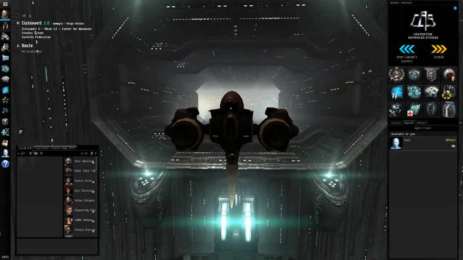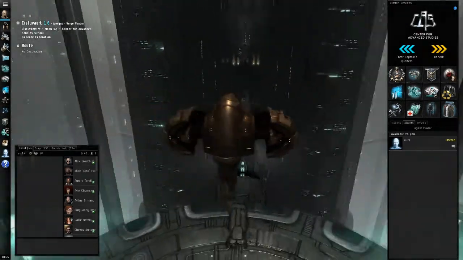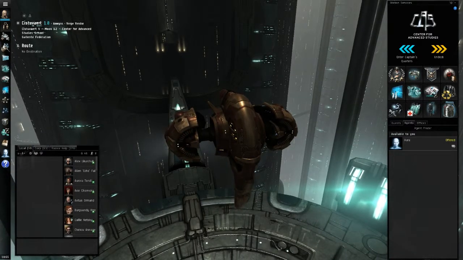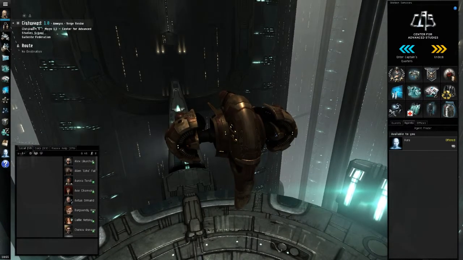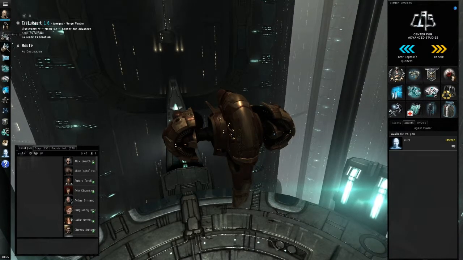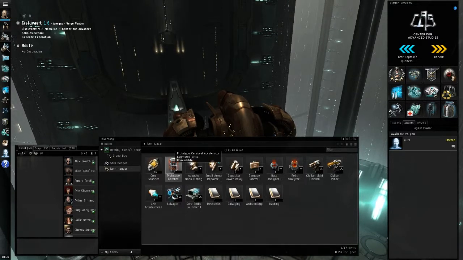Guys, we are back in Eve, and we're going to do our first mission today. We've got a mission here available to us from Aura, who is the one who runs the tutorial mission. She's like your computer guide, whatever. But before we do, we're going to go check out the inventory, and I noticed that I had a prototype